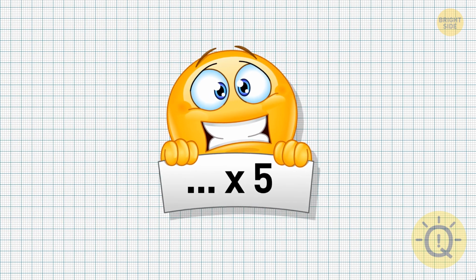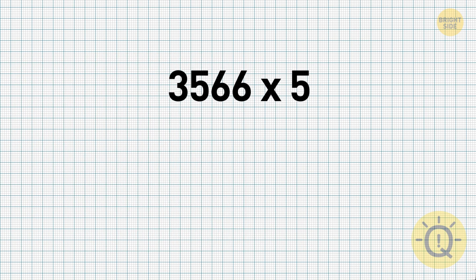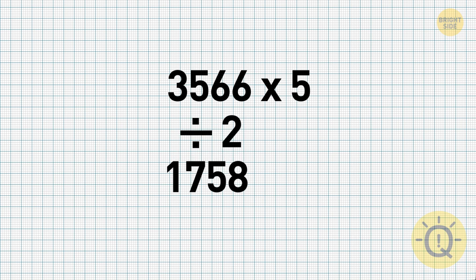A simple way to multiply any, and I mean any at all, number by 5 has probably never been mentioned to you at school. There's a slight difference in methods depending on whether the number is even or odd. Let's start with even numbers. Say you have to multiply 3,566 by 5. First, divide the number by 2, getting 1,783. Now add a 0 to it, and you've got your answer,